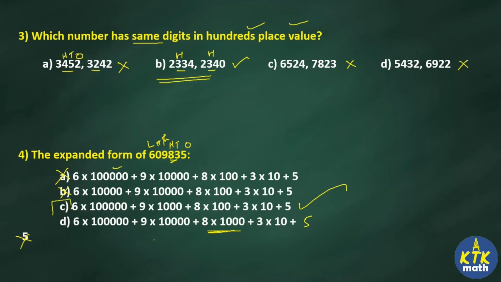So whenever they are giving questions which are based upon place values, always be careful with zeros. Okay, always be careful with the zeros. Sometimes when you are looking at all the options, your eye may cheat. So you must be very careful, very particular about how many zeros they are giving when you are writing in expanded forms or the questions which are related to place values. Okay, so I hope you don't have any doubt in question number 4. Let us move to question number 5 now.